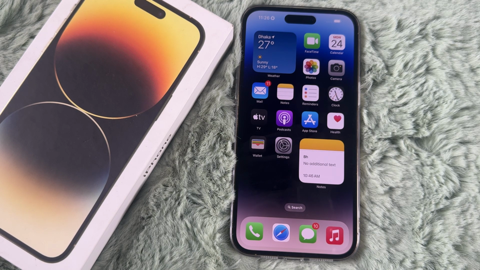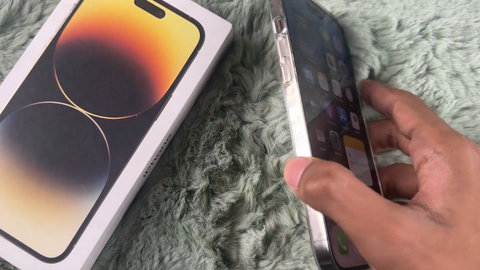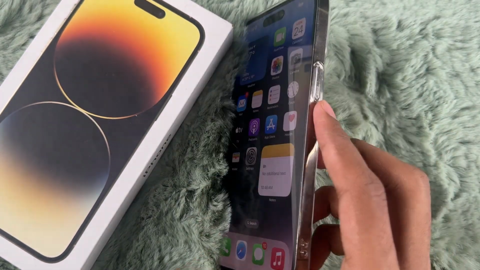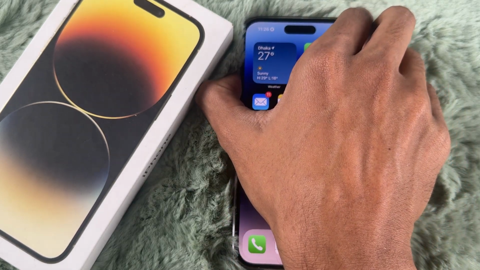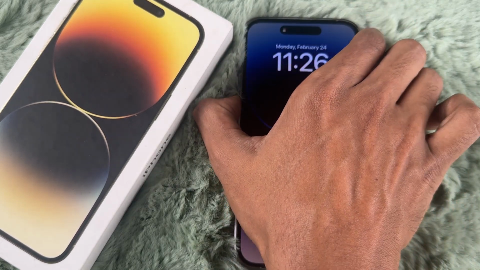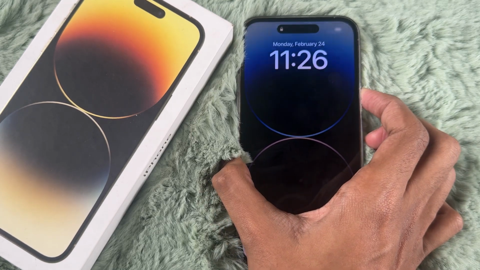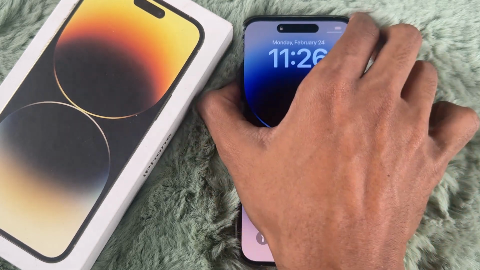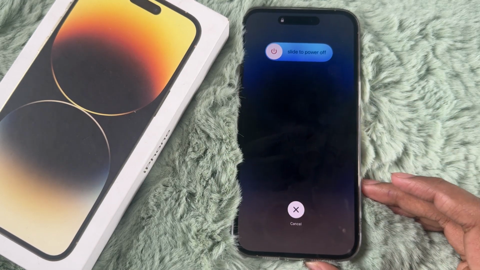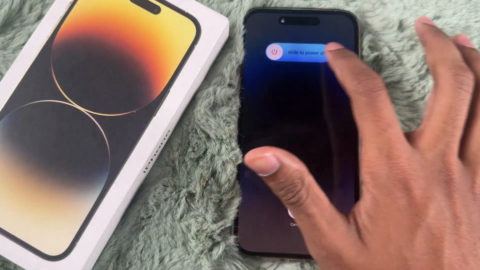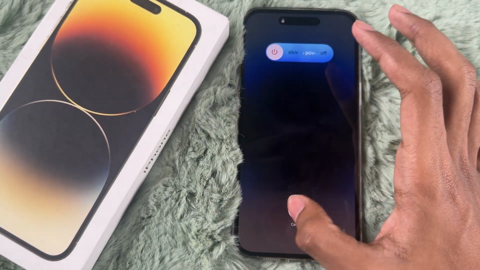So let's get started. First of all, you have to look at the volume up and volume down buttons on your iPhone, and also the side button. After locating them, quickly press the volume up and volume down buttons, and then hold the side button like this. Do it quickly until the screen is completely black, and then slide to power off and restart your